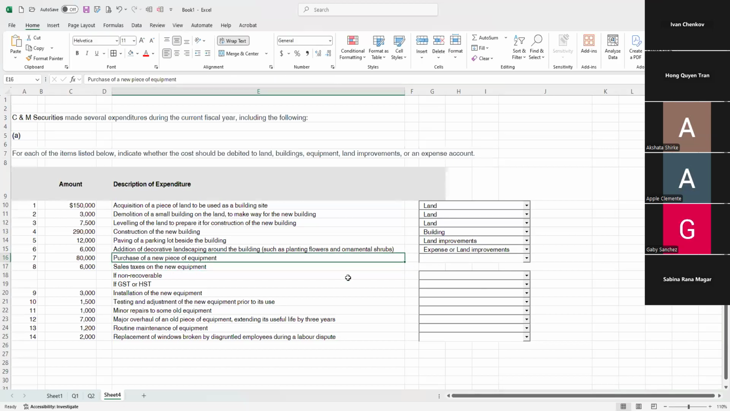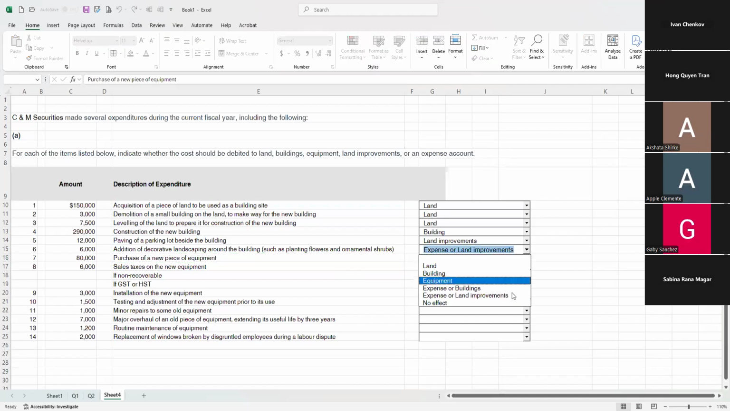Next one. Professor, yeah, that's the one that I confused. Once you drop down the options, do I have land improvement? Yeah, but why do we have the option here like expense or land improvement? Because of different people. So listen, it's $6,000. Different people, different managers are going to treat it a different way. I personally am going to treat it as an expense